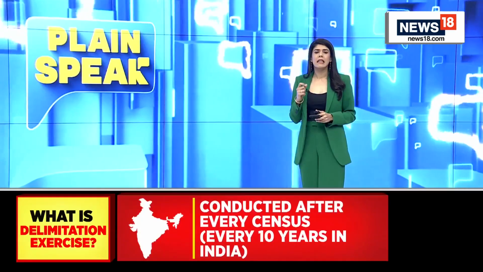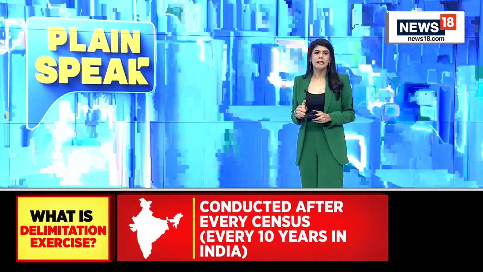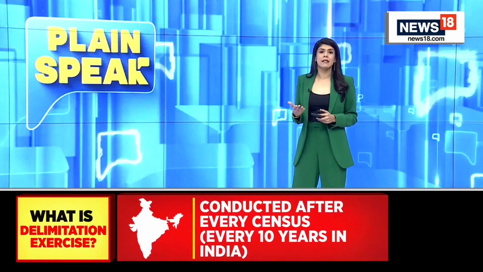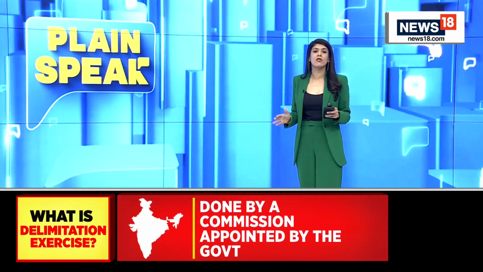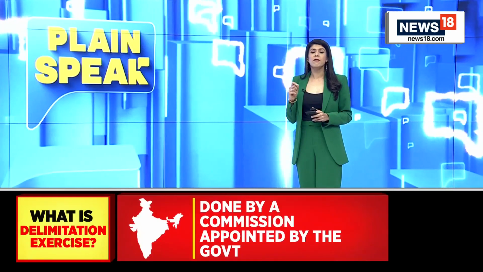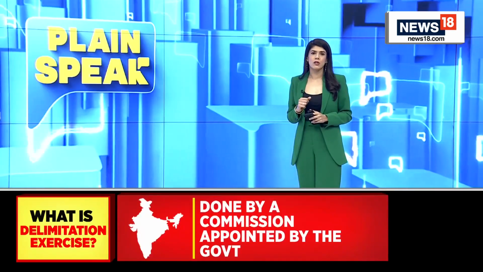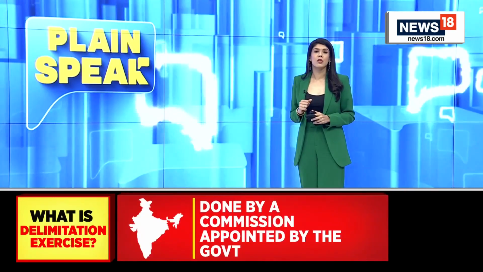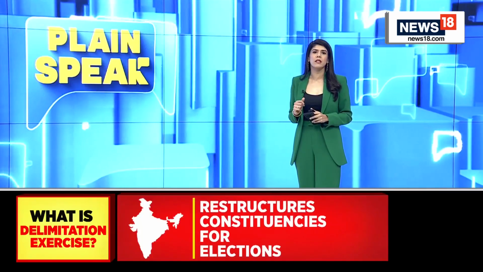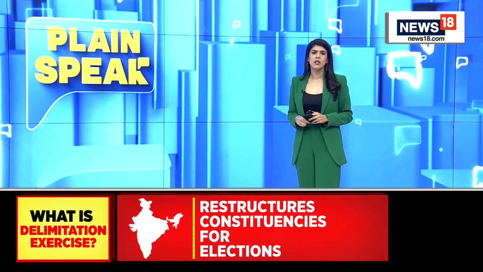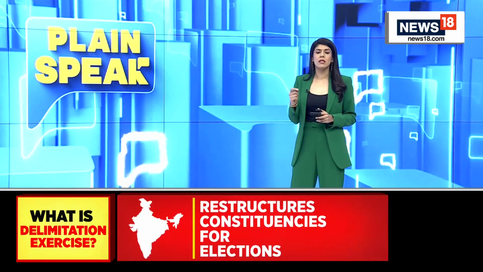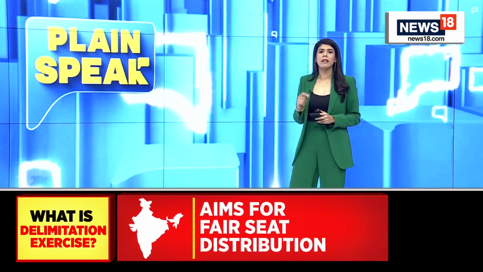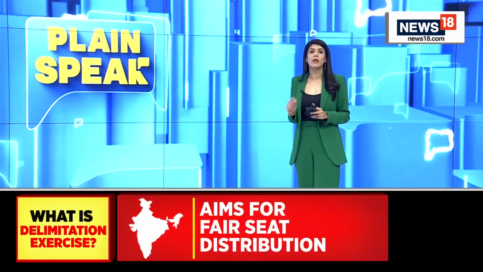Up until 1976, after every Indian census, seats of Lok Sabha, Rajya Sabha and state legislative assemblies were redistributed throughout the country. But the 42nd Amendment to the Constitution, viewers, passed during emergency, froze the total number of seats till the 2001 census. You may ask why. The reasoning was that this gave room to states with higher population to implement family planning measures without losing representation